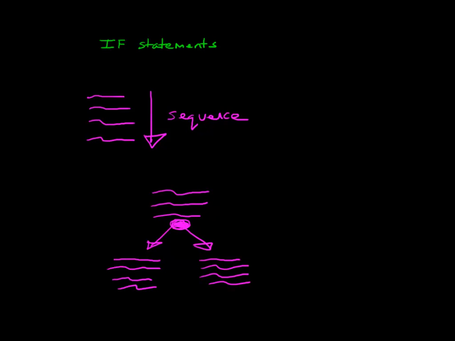And the basic syntax is just the rules of how I write something. So in JavaScript and C-style languages, I say if, then I open a bracket, and at the end of it I close a bracket, and I have some statement in here, some expression in here, which must end with true or false. So when this expression here is evaluated, it will end up with either a true or a false. If it evaluates to a true,